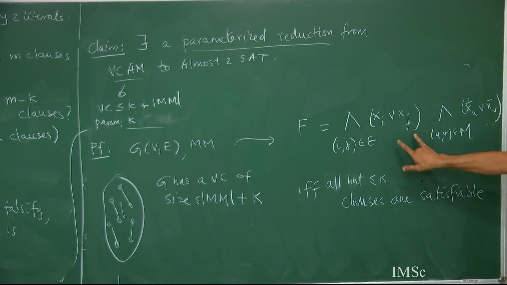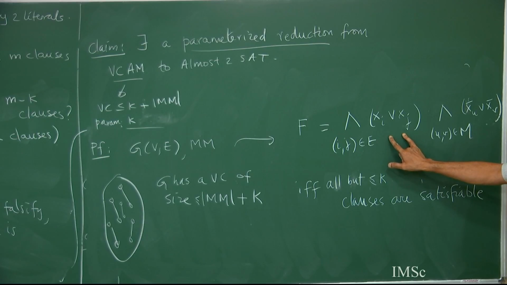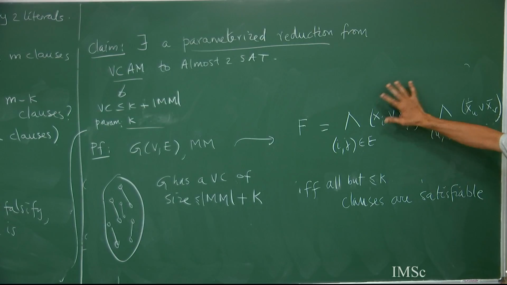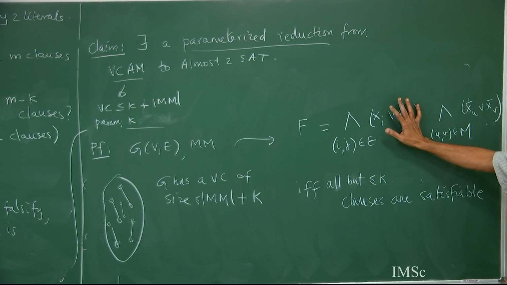If it falsifies some of these clauses, what I can do is create another assignment which will still satisfy at least that many clauses, but it will not falsify any of these clauses. Why? So, suppose